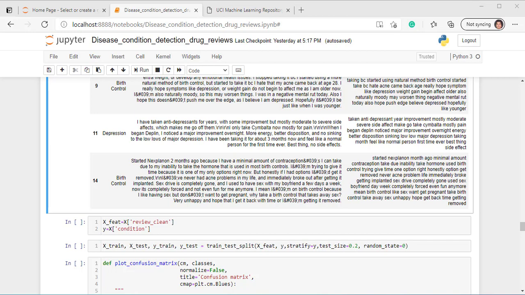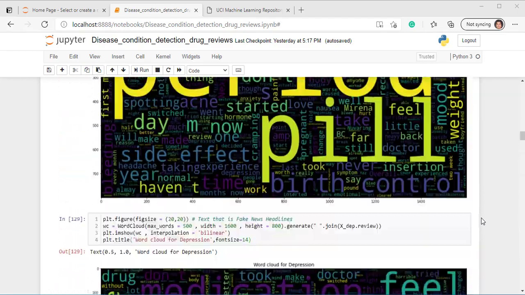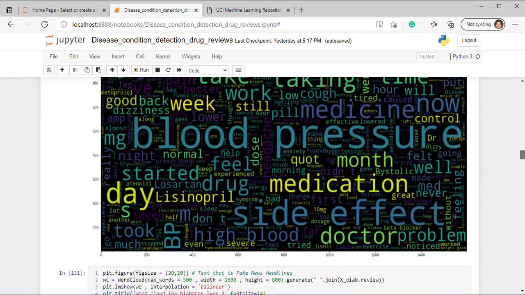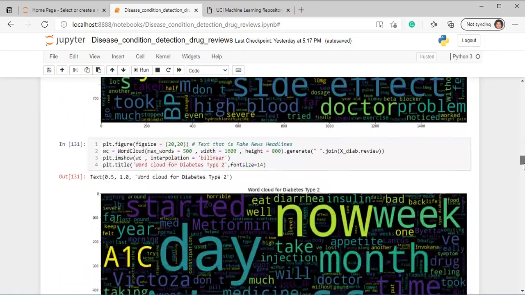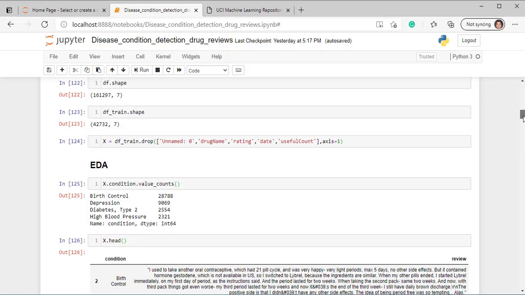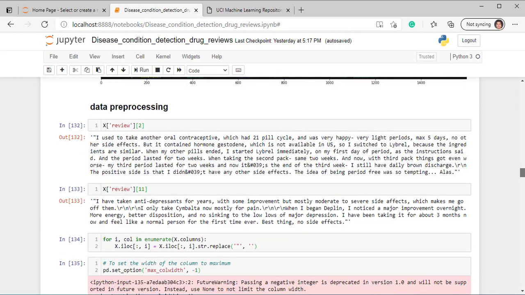This is part 2 of this project, patient's condition classification using the drug reviews dataset. In the previous part we did some data analysis, understood the dataset, plotted the word clouds, and understood each and every category like blood pressure, birth control, depression and all. Apart from that we also did some basic EDA, and after that we did some data pre-processing which is required before feeding